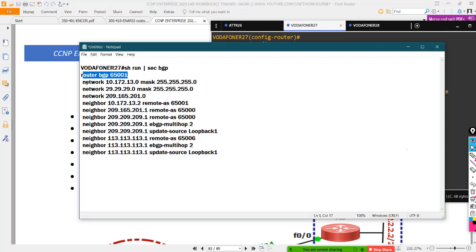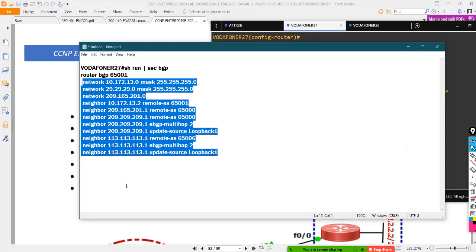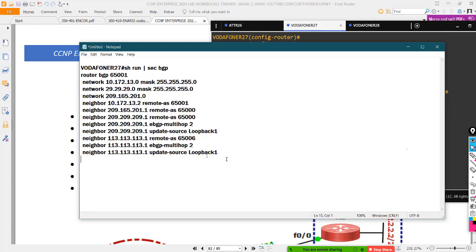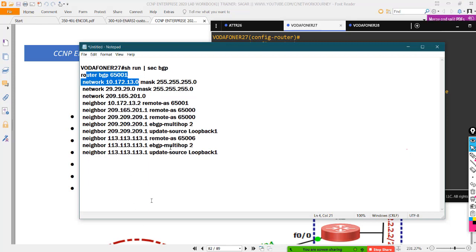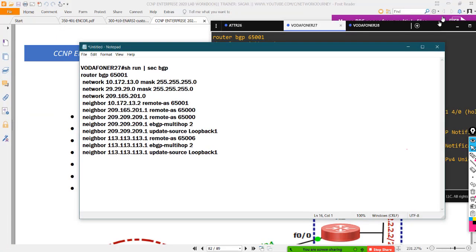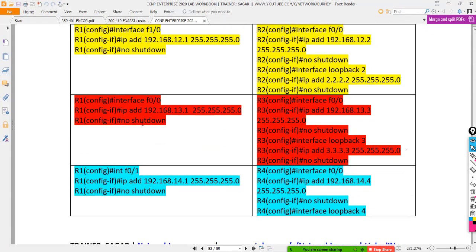your router BGP is going to have multiple statements. Because BGP is something which is facing towards the internet, you will be advertising multiple networks. So this was one network, maybe this is a second network, you might have 10-20 networks, and gradually the size of your BGP process is going to increase. So what I can do is create peer grouping. Peer grouping is where I can create a peer group. So let's see what I would have done in this scenario. Okay, a rough example.